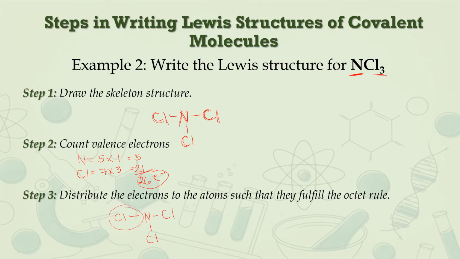Chlorine in here has 2 electrons already because of this line, and it still needs 6 electrons to make it stable. So we are going to write now the remaining 6 as dots around it. So we have 2, 3, 4, 5, 6,